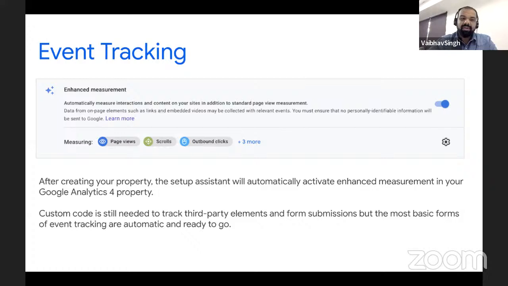And third is internal links or external links, or whether the user has clicked on a social share icon or on a logo at any place. All those things will be captured as a default when you apply these event tracking with GA4 on your website. So you are not able to just view the page views, but you would be able to view much more data, that this user has come, let's say 10 times on my website, how much depth do they generally scroll, and at what point they're bouncing off. And if they're bouncing off at one generic point, we could also try to add certain widgets or certain engagement sections over there, so that we could save that user from bouncing off.